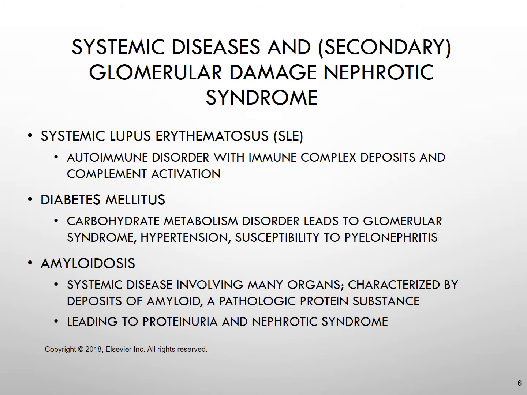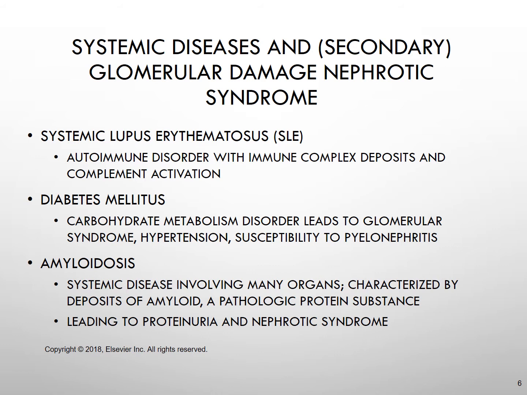Secondary diseases that cause glomerular damage include systemic lupus, which is an autoimmune disorder with immune complexes depositing and complement activation, leading to the loss of foot processes and protein spilling out. Diabetes mellitus is a carbohydrate metabolism disorder that leads to glomerulus syndrome, hypertension, or other kinds of